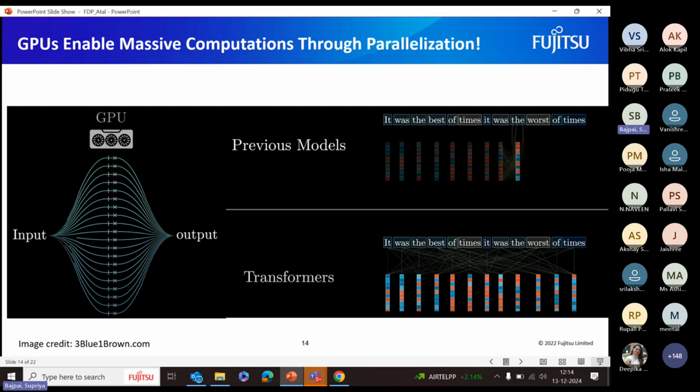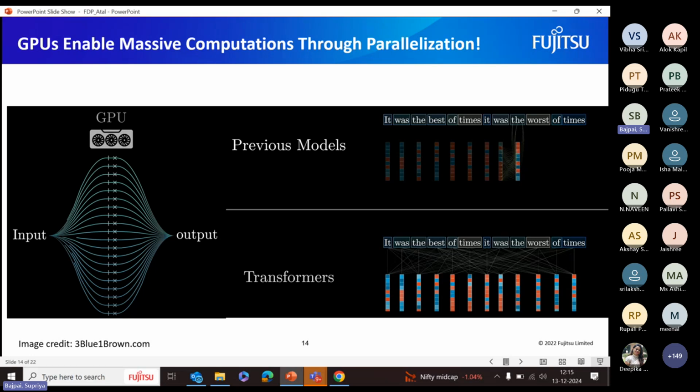Parallelization became possible after GPUs came into the picture. When you are training something like GPT, there are trillions of parameters and huge data sets to work with. If you processed all that on a regular CPU, it would take forever; we don't know how much time. But with GPUs, we can break all those tasks into smaller chunks and handle them in parallel, which speeds up the computation and makes it very fast.